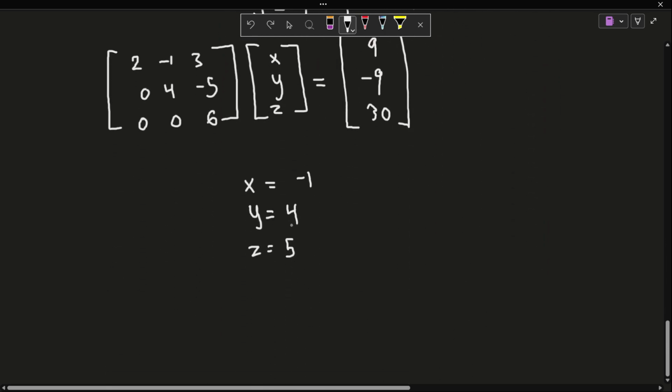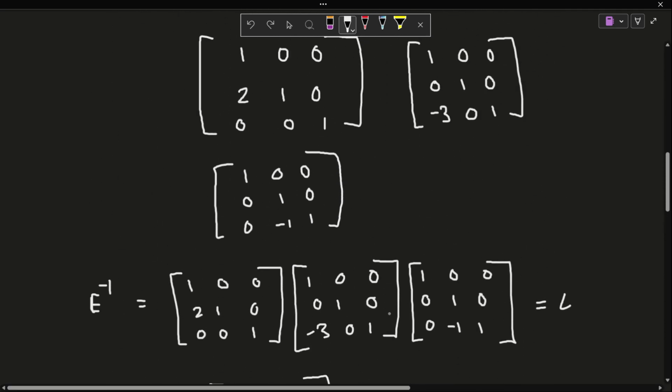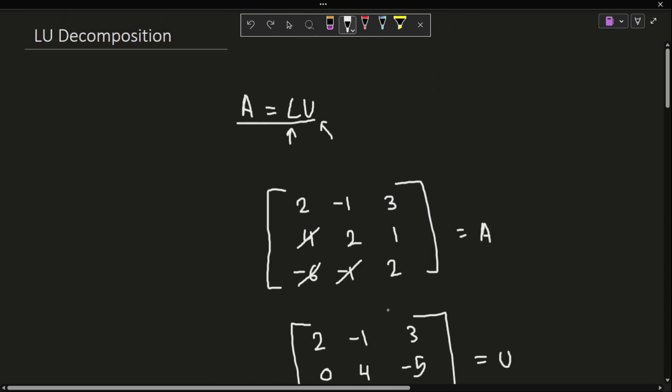Okay, so LU decompositions are another way to find a solution, and it really just depends on which one you're more comfortable with and which one is more effective in the situation that you're in. So if you notice, or if they give you the upper triangular for a matrix, then it might be smarter to go with LU decomposition. Or if they don't, maybe you'd want to do something else. It's really just up to you, but this is another option that you have when solving systems of linear equations.